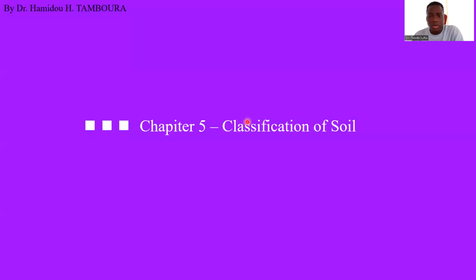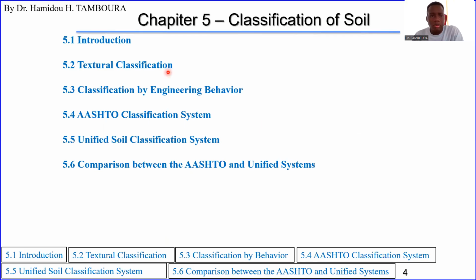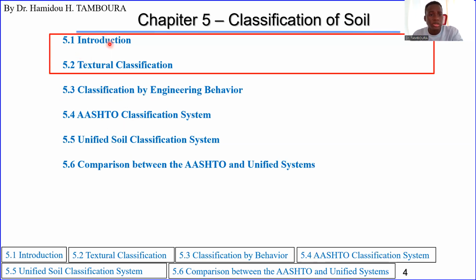Okay. So in this chapter, we will learn about the introduction and textural classification of soil, classification by engineering behavior, the AASHTO classification, which is the American classification, and the Unified Soil Classification System. And the last point will be a comparison between the two previous systems of classification. In this video, precisely, we will talk about